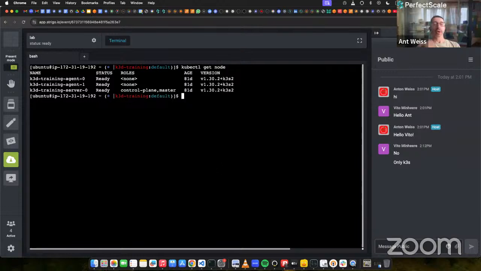So basically, if you know what K3S is, then it's pretty easy. K3S, as some of you know, and also related to the optimization topic, is a very optimized Kubernetes distribution with all of the unnecessary code thrown out, all of the Kubernetes control plane components built into one binary. So we have the scheduler, the controller manager, and everything else in one binary. The database has been replaced with SQLite. Now that allows us to run Kubernetes in very